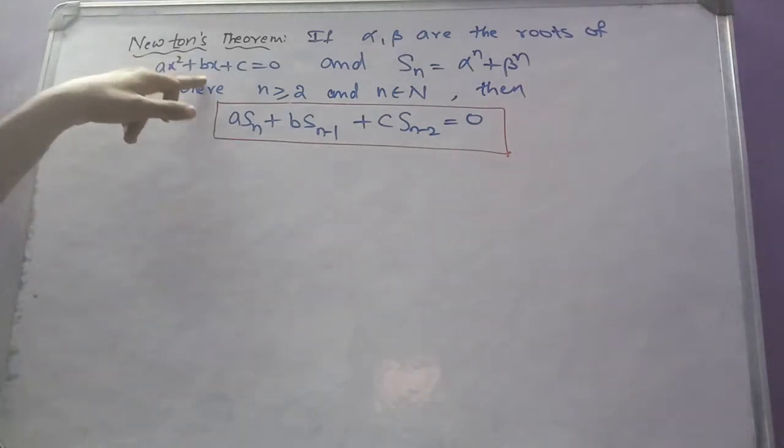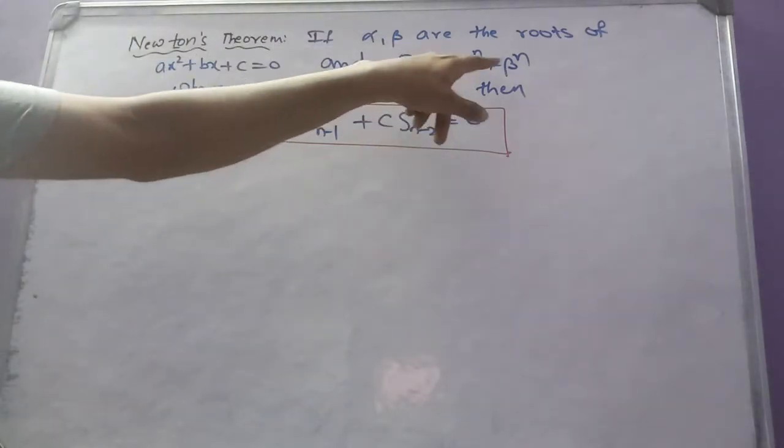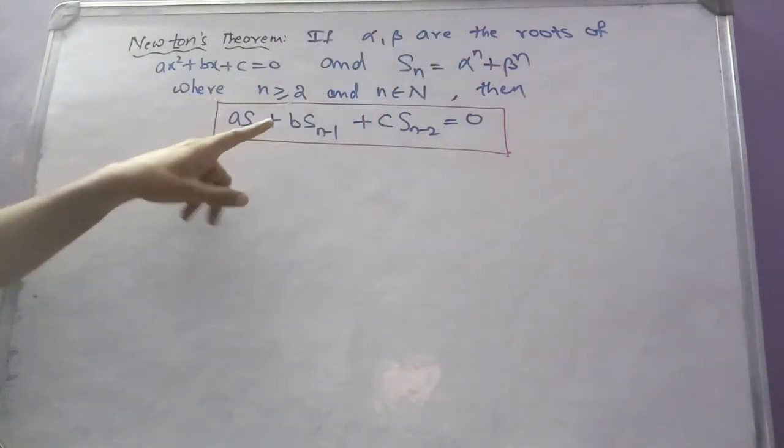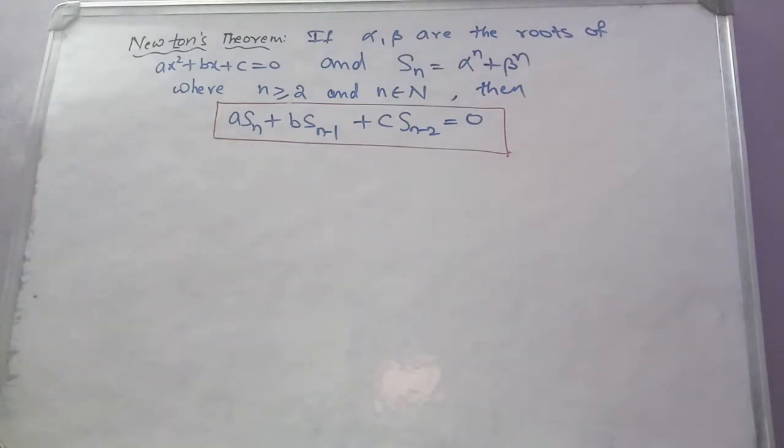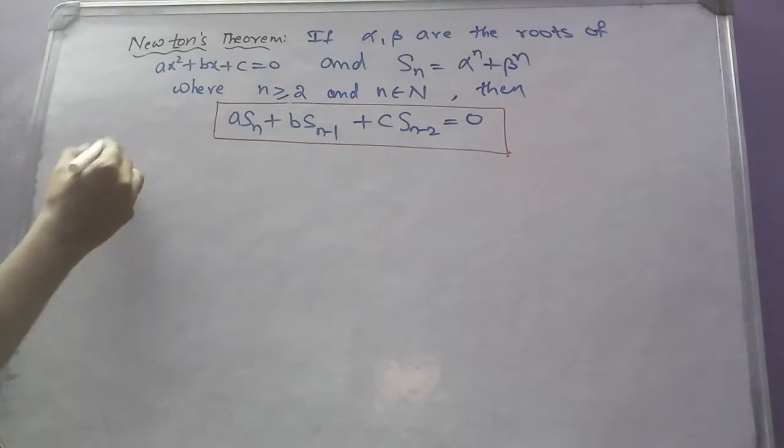If alpha, beta are the roots of this equation and Sn means alpha power n plus beta power n, then this is satisfied. Using this, it is easy for us to find alpha power n plus beta power n. So first of all, let us see the proof of this Newton's theorem, and after that we will go with one example to understand this. If you see the proof,